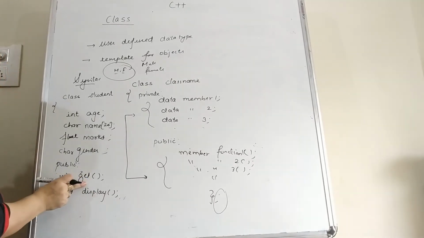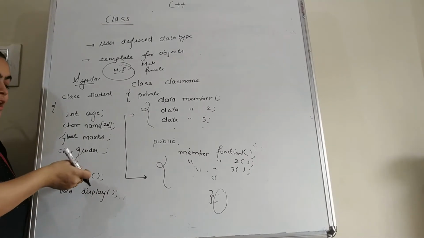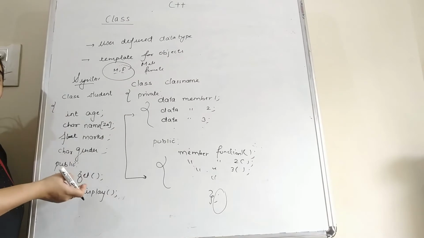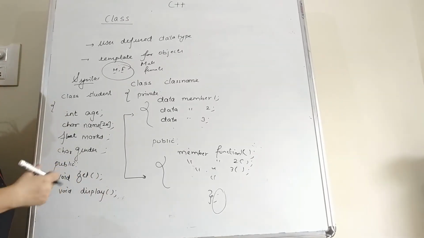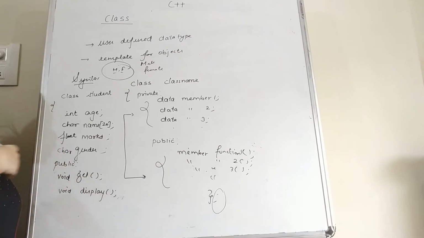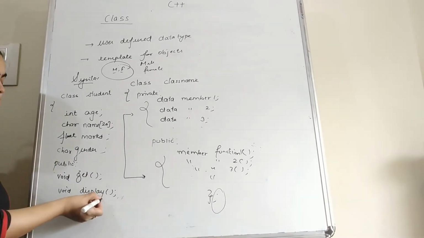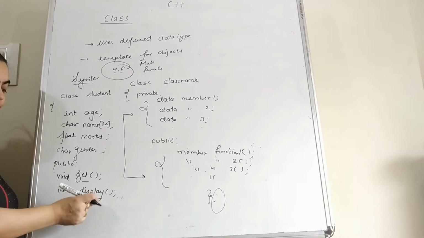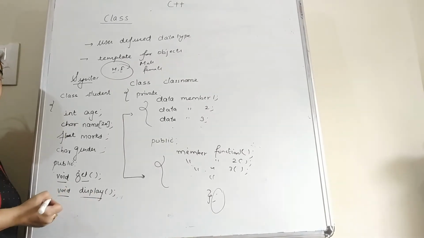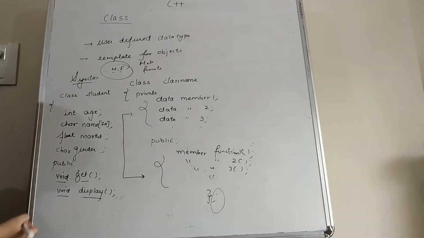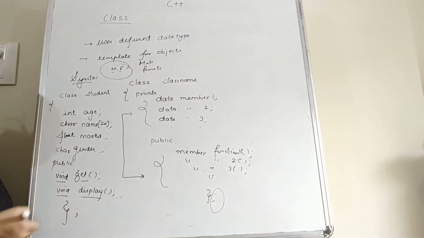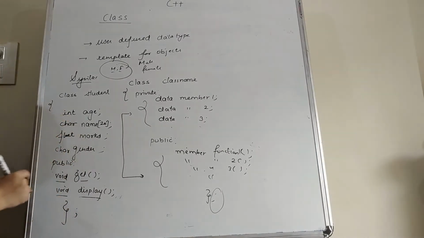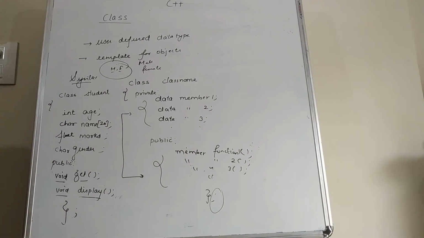Now students, these are the user defined functions. Either you can write here G, you can write here G1, G2, G3. Here you can write either put, or you can write dis, or you can write print function. So these are the user defined functions, and before functions you have to write here void. So void means it will return nothing. So after declaring the functions, now we can close the class. So this is how we can declare a class.